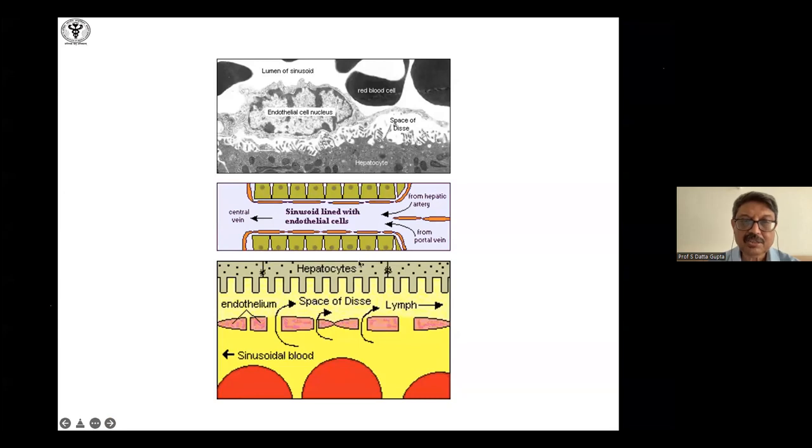And you have cords of hepatocytes in adults with the sinusoids in between. It's called a sinusoid because, unlike a capillary, it doesn't have a continuous basement membrane. So there is a free flow of fluid from the bloodstream into the space in between the hepatocytes and the endothelial or the Kupffer cells. It's called the space of Disse, which you cannot see generally in routine section. And then you have the hepatocyte, right?